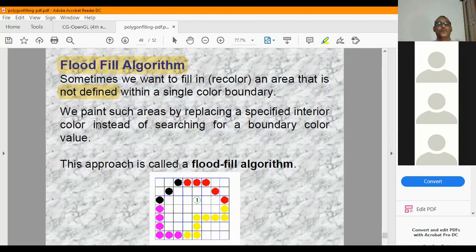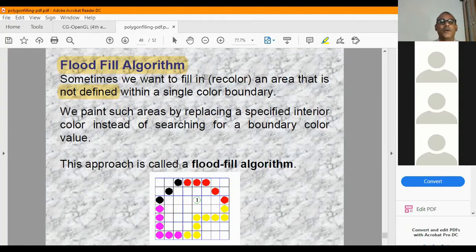Some yellow. So different colors are there for the boundary. Then the boundary fill algorithm will not work. So we have to go for flood fill, in which what we will be doing is, it is already filled with some interior color. Say it is already black, as I told. Now we want to replace black with white. So that is what is here.